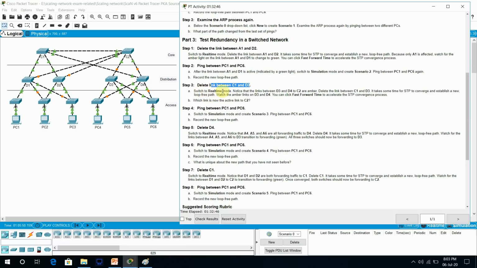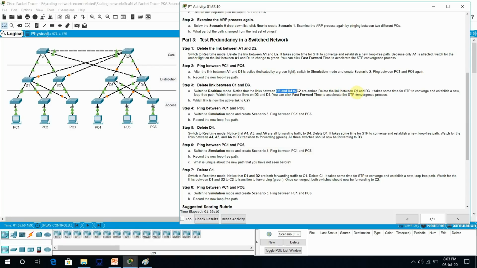Switch to real-time mode. Notice the link between D3 and D4 to C2. You can see the link between this one and this one becomes amber.